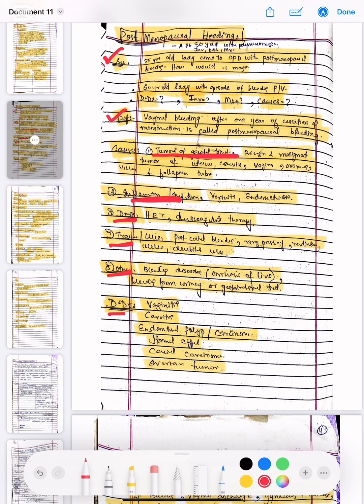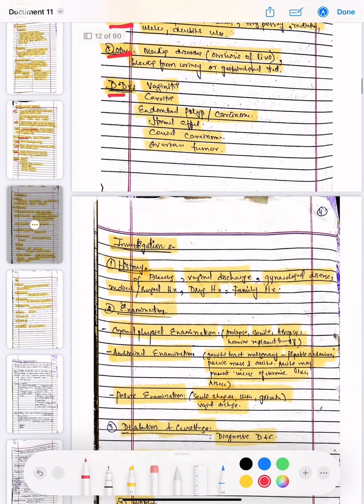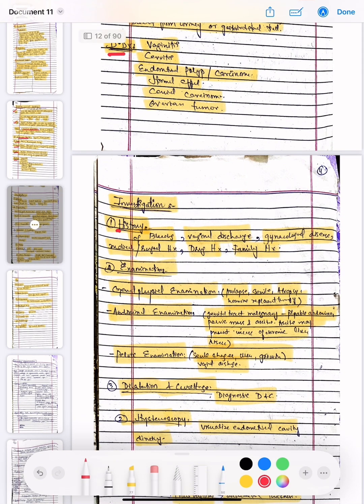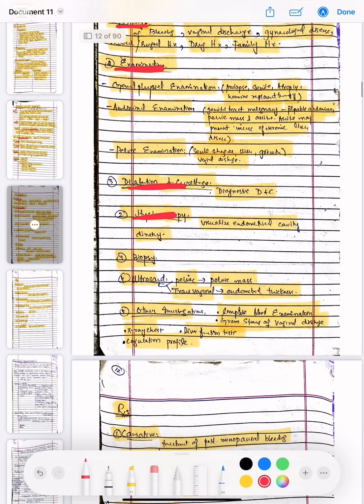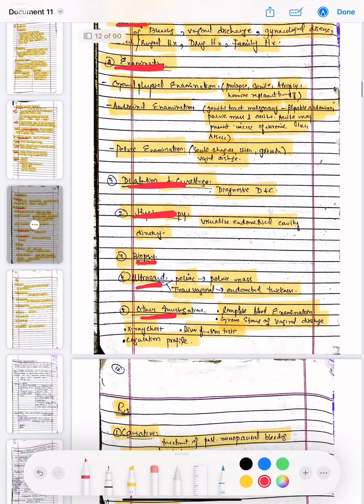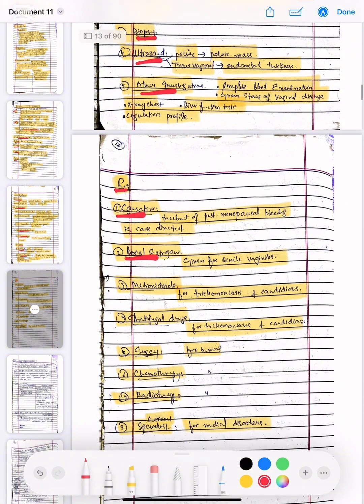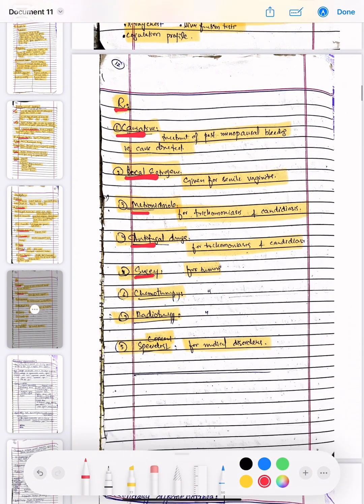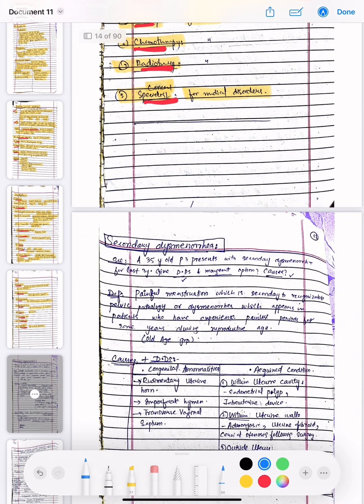The differential diagnosis is vaginitis, cervicitis, endometrial polyp, carcinoma, hormonal effect, cervical carcinoma, and ovarian tumor. The investigation options are history taking and examination, dilatation and curettage, hysteroscopy, biopsy, and ultrasound, and the other investigations as discussed. The treatment options are causative, local estrogens, metronidazole, antifungal drugs, surgery, chemotherapy, radiotherapy, and then we will consult the specialist.